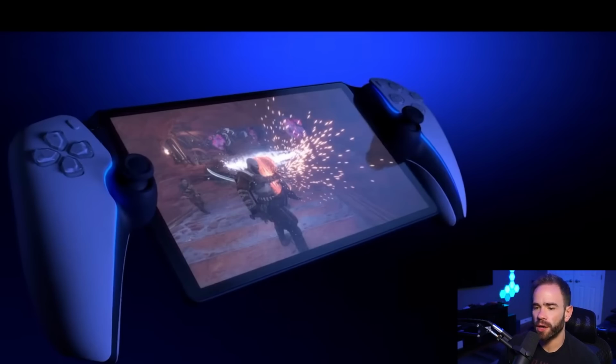Would I have preferred them to just come up with a native device that could play PlayStation 5 games, maybe at PS4 kind of visual quality, but it wouldn't matter as much because it's on a screen and everything's sort of shrunken down? Sure, I think that would have been really, really cool because they could have still kept the option for remote play. And the thing I'm curious about is I have used remote play somewhat recently with that G Cloud. There is an application that you pay for. It's like $4 or something,